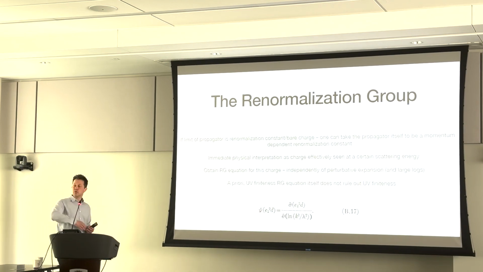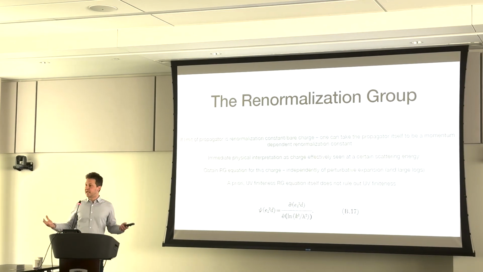Because as soon as you realize that the limit of the propagator in the UV is the renormalization constant of the bare charge, one can then take the propagator itself to be a momentum-dependent renormalization constant, and just renormalize at various scales, and that is then what the moving-the-scale renormalization group that James was talking